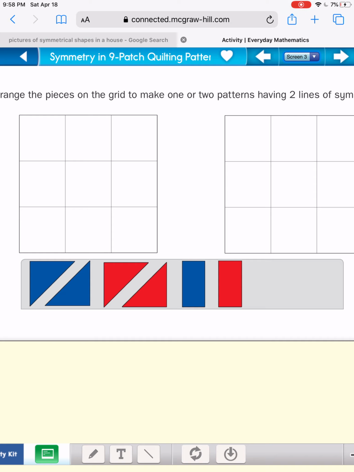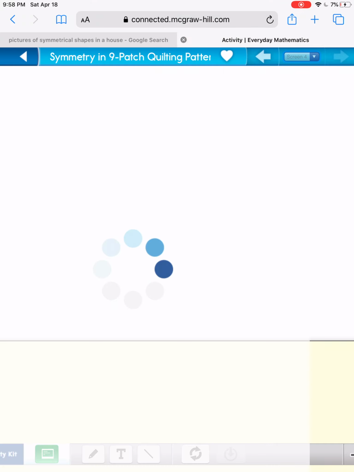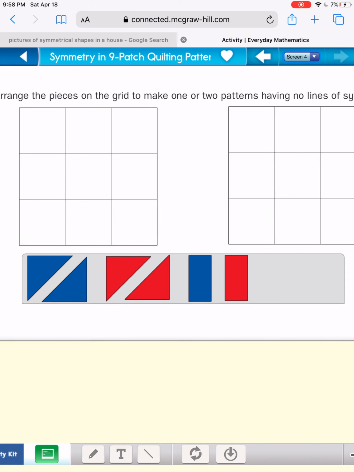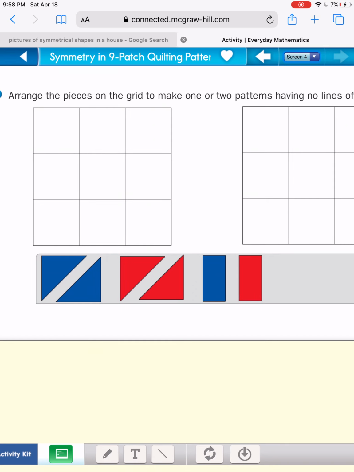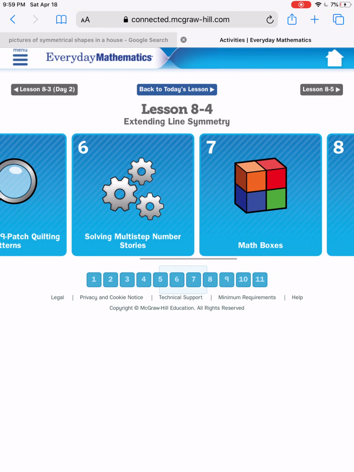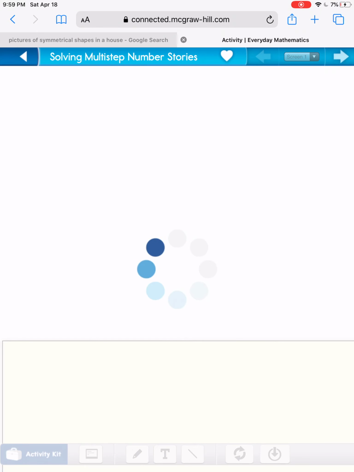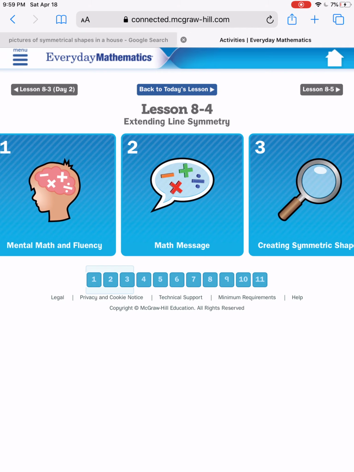So it's going to tell you specifically how many lines. And then these tiles you can move into the shape and create your own. And then you have the same thing, but they want no lines of symmetry. So you're going to create something that's not symmetrical at all. And then, of course, we're going to have a page of multi-step number stories, and that's just extra practice for you. And then your math boxes